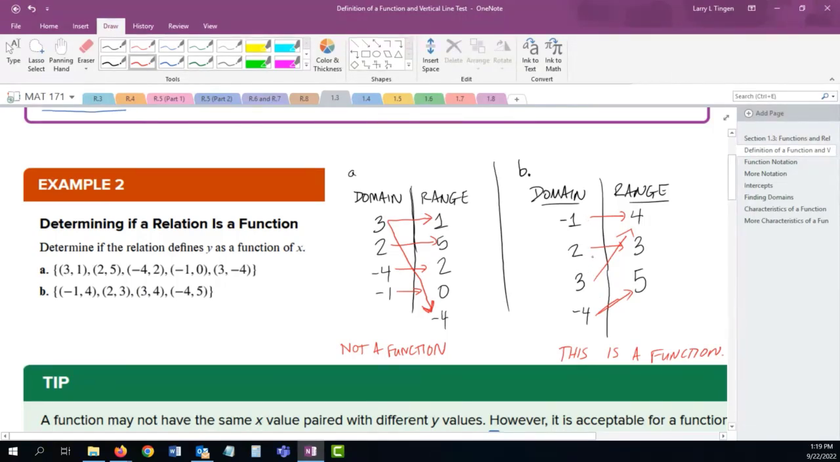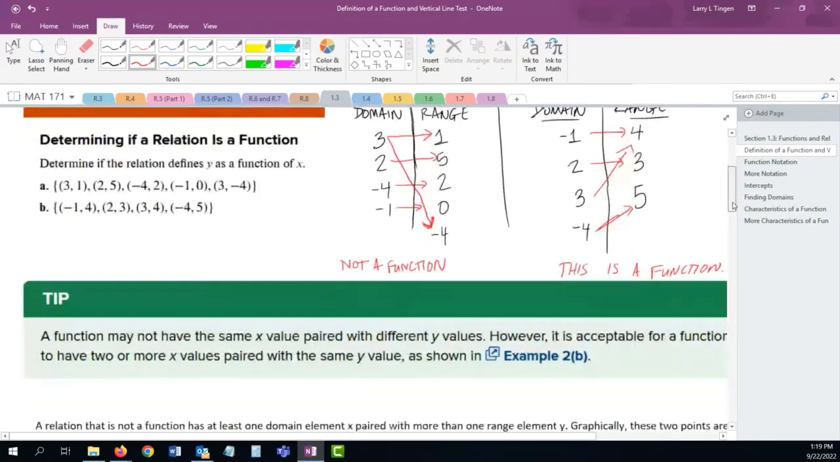If all the x values only have one arrow corresponding to it, it is a function. Technically, all of these could point to one number in the range, and it's still a function. I could have -1 point to 4, I could have 2 point to 4, I could have 3 point to 4, and -4 point to 4, and I'm still a function, because each x has only one y that it's pointing to. All right, so the range can have multiple arrows coming toward it, but the domain can only have